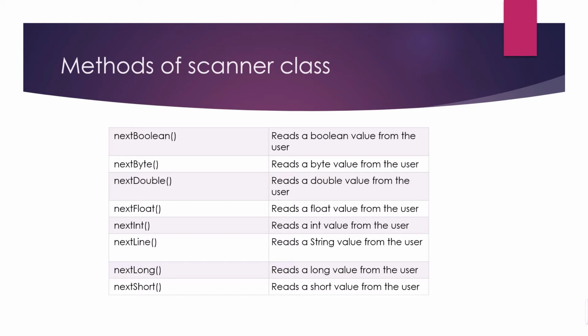Next, byte. Byte is also a type of integer, but it ranges from only -128 to 127. It is of only 8 bits. Next, double is of floating point. There are two categories of floating point: float and double. Both double and float functions receive only decimals. If a user wants to input a decimal, we should provide this function, like double b = ob.nextDouble. Next, the integer value. This has a large range, meaning how large an integer value you can take, -2 billion to approximately plus 2 billion. Next line.